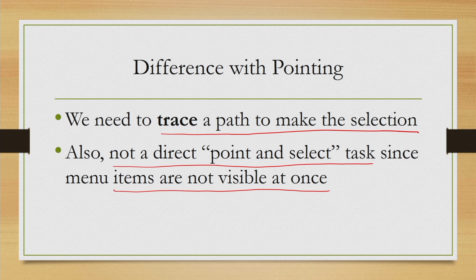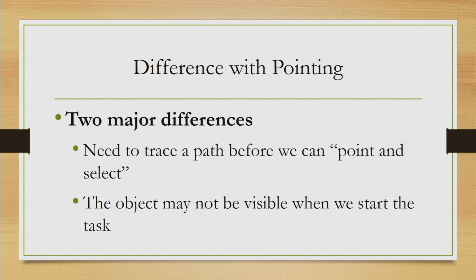So, here although we need to select or point to items, those items may not be visible at once. Clearly, in these two examples we have seen two differences. One is constrained navigation: we have to follow a path constrained by its boundary, and we have to ensure that the movement of the pointer or finger or whatever we are using to point remains within that boundary.